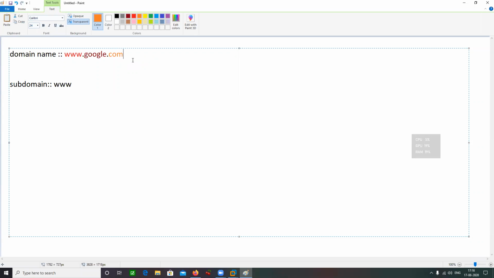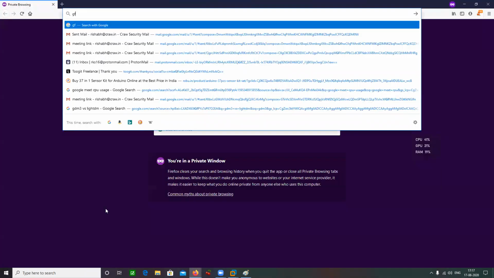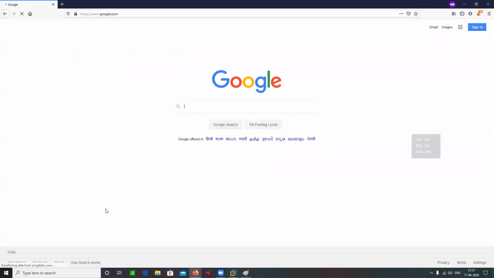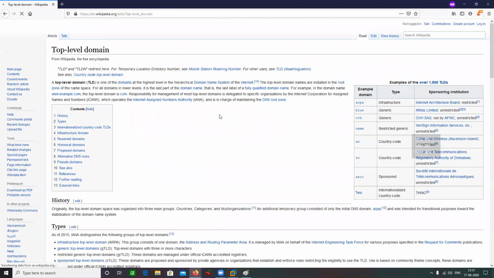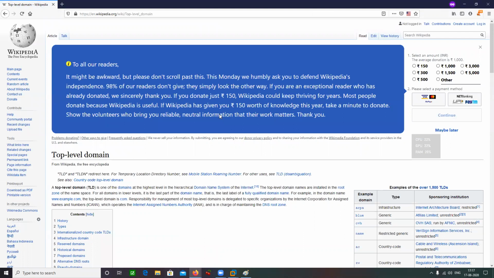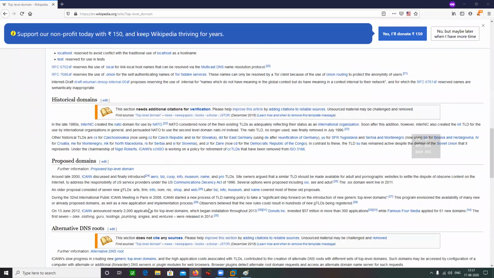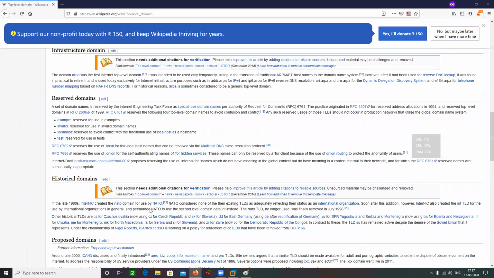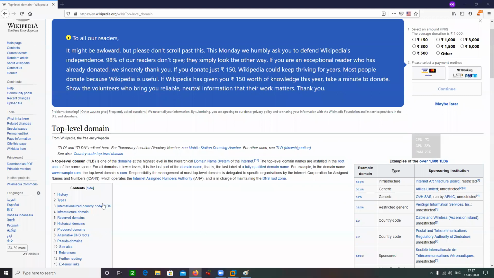So what is a TLD? TLD basically tells you a little bit about the target website. You would have heard about .in, .pk, .edu, .gov. Top level domain. Do I have any example over here? Nope.